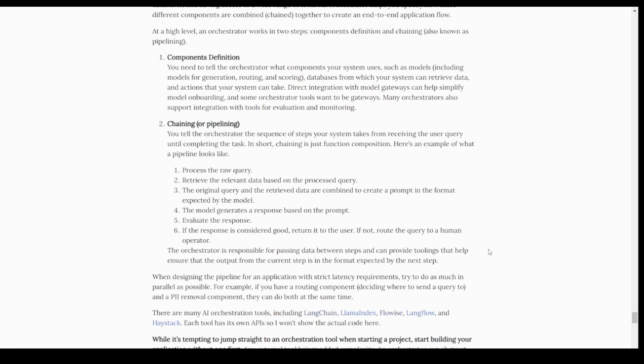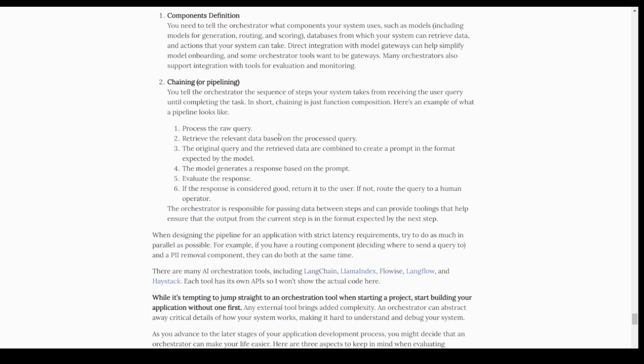And what chaining might look like is, we are processing the raw query, then we are retrieving the relevant data based on the